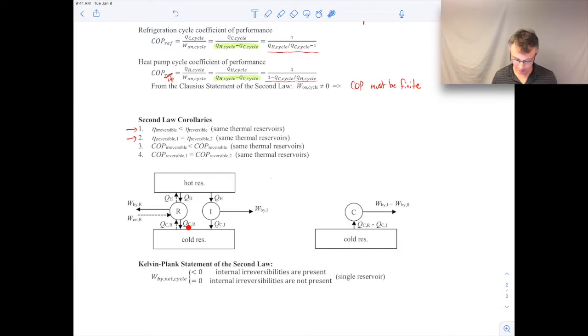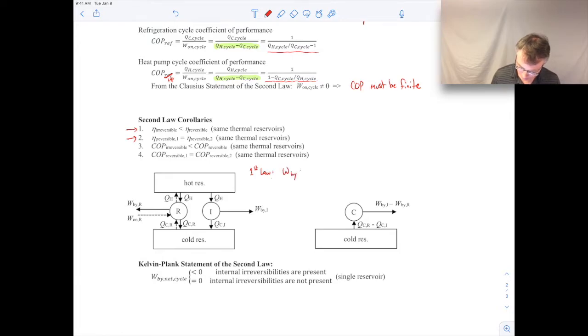And then we'll call that QC,R here for the energy being offloaded from the reversible cycle. Now the QCs are different between these two just in general, because these cycles are not identical. One's irreversible, one's reversible. They could just generally be different, right? So from the first law, for example,